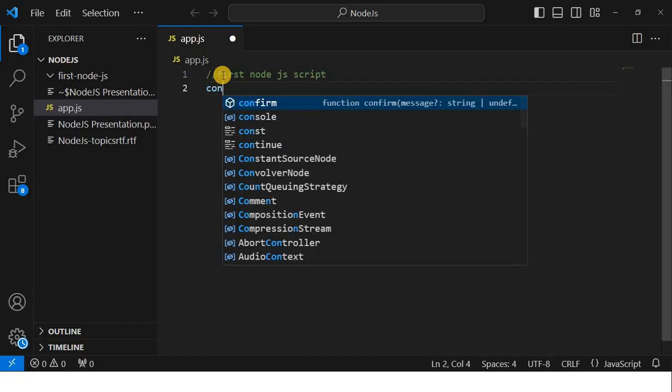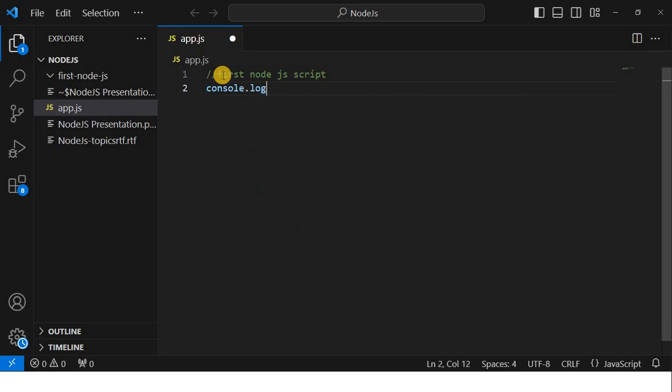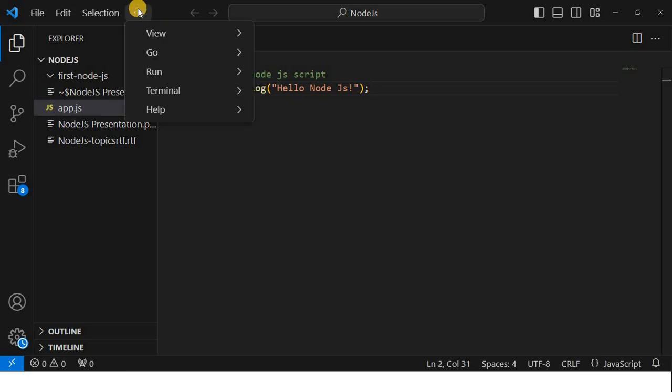Simply we will print console.log and we will write the string over here, hello Node.js, and then semicolon. Just save this script and now open the terminal,